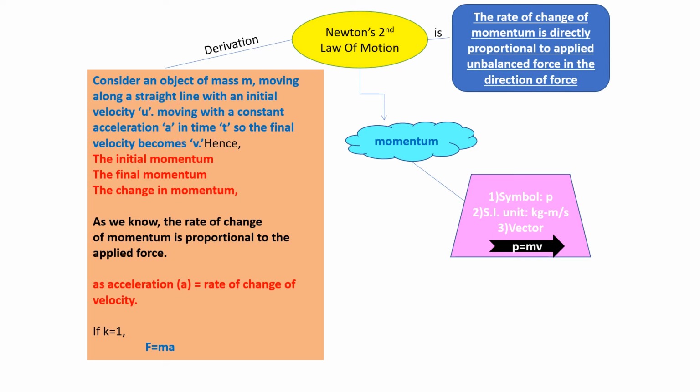Now initially it was traveling with some velocity. It is having mass also. There would be some momentum. So let's say this initial momentum be p1, which is mu. Now, since the velocity is changing, there will be change in momentum as well. So, final momentum, let us consider as p2, and it is going to be mv. So, there is change in the momentum. So, that change in the momentum would be final minus initial. So, p2 minus p1, that is mv minus mu. If I take out m as common, so m is common, v minus u.